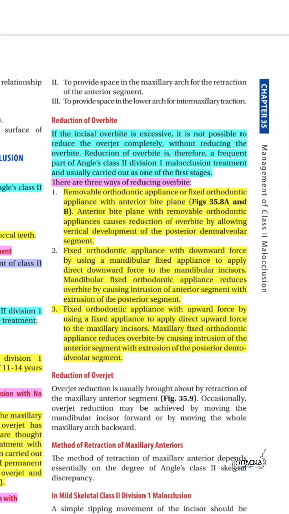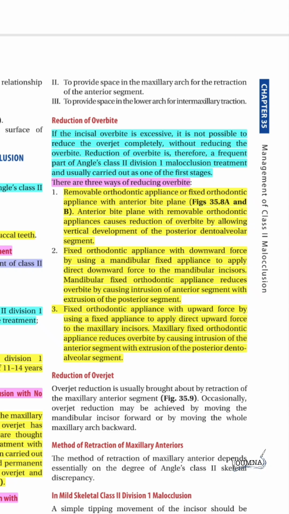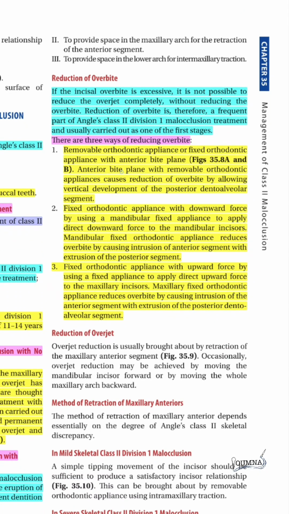Now, how can we reduce the overbite? It can be reduced by using what is called the anterior bite plane with a removable orthodontic appliance that reduces the overbite by allowing the vertical development of the posterior dentoalveolar segment. Or we can use a fixed orthodontic appliance that does a downward force on the mandibular incisors, so it intrudes them,